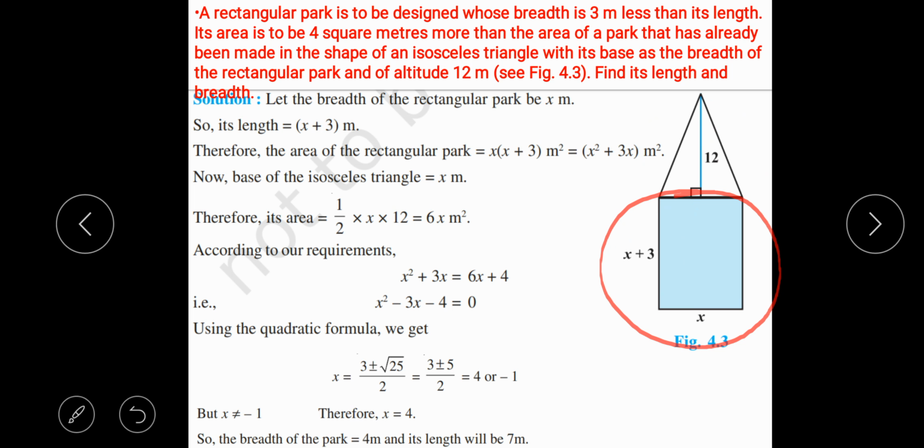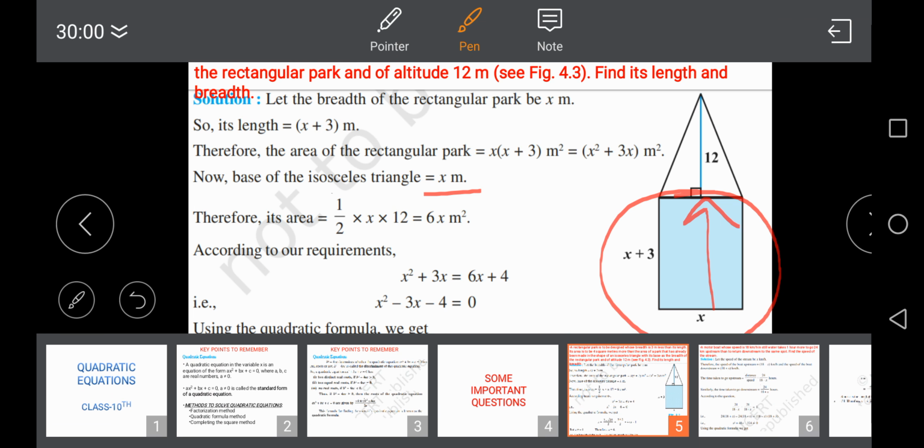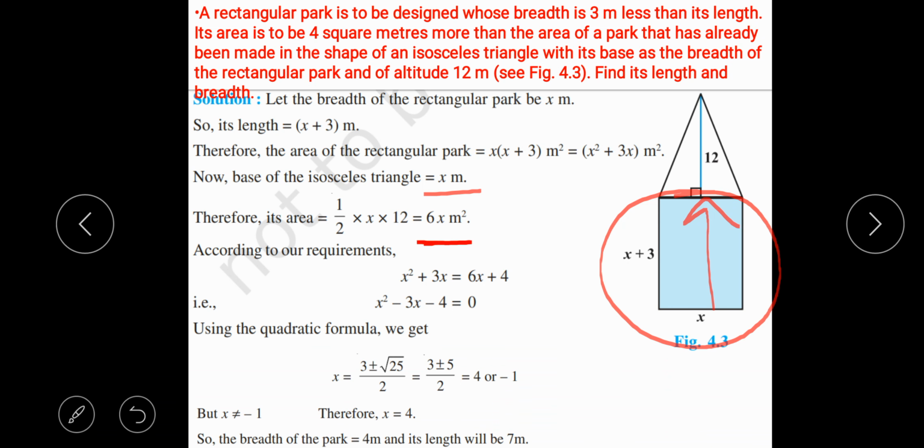meter. Now the base of the isosceles triangle is x meter. See, this is your base, so the base is x. As we know, the formula to find the area of an isosceles triangle is half of base into height. So half of base is x, and the height is the altitude 12 here. So you will get the area as 6x square meter. Now we have the area of the rectangular park as x square plus 3x, and the area of the isosceles triangle as 6x square